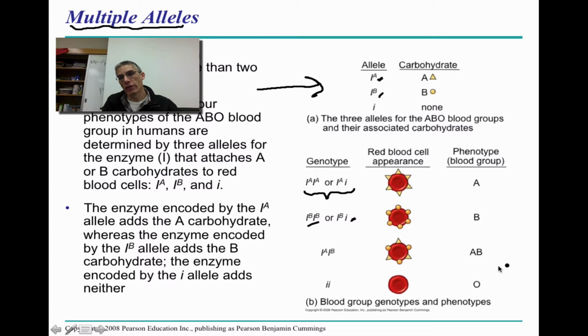Now, we do have a third and a fourth type of blood type in our population. We have one called AB blood type, and that's actually when you have both carbohydrates being attached to that red blood cell at the same time. And then if we have an individual that has neither A or B, then we classify that individual as blood